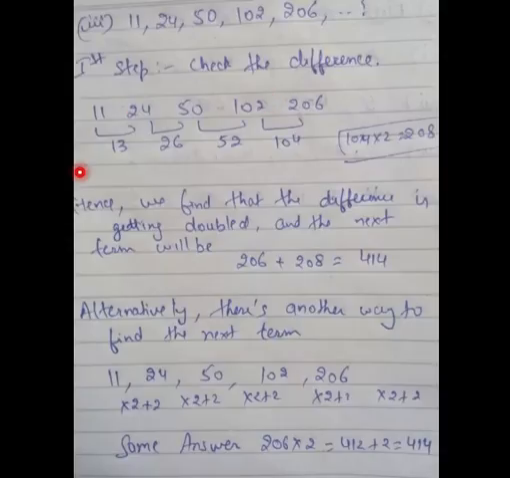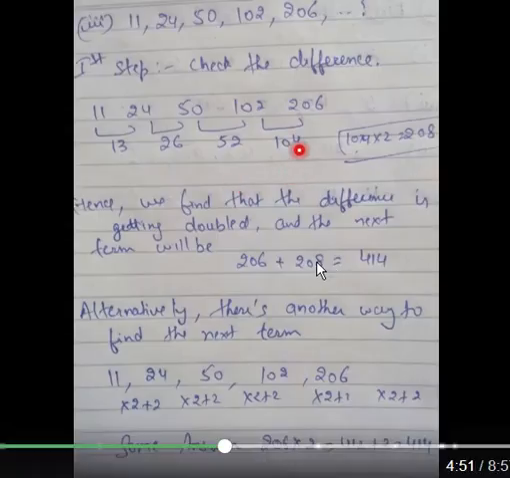Okay, so here 24 minus 11 is 13. Second is 26, third is 52, fourth is 104. Okay, did we get a pattern? Yes, the difference is double. 13 into 2, 26, into 2, 52, into 2, 104. So the next number should be a difference of